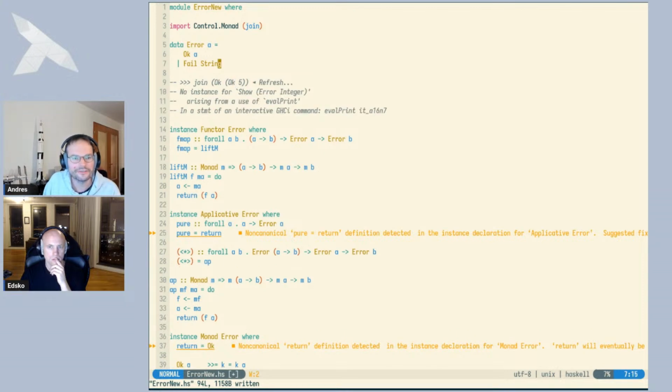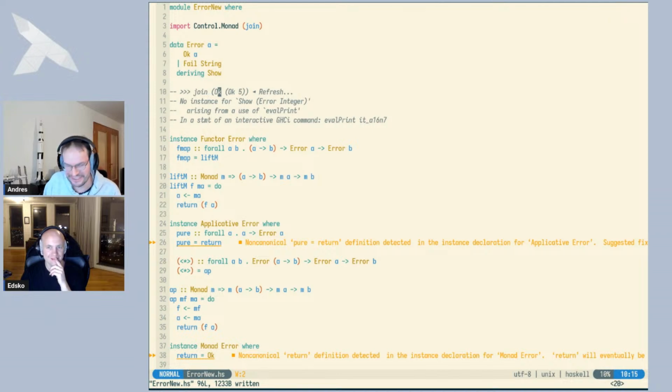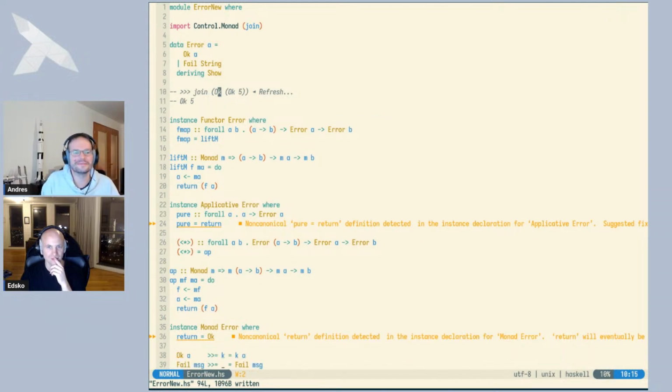Then I have to define a show instance for error. That's all valid. But then it actually works, right? So this definition is okay. So let's try to